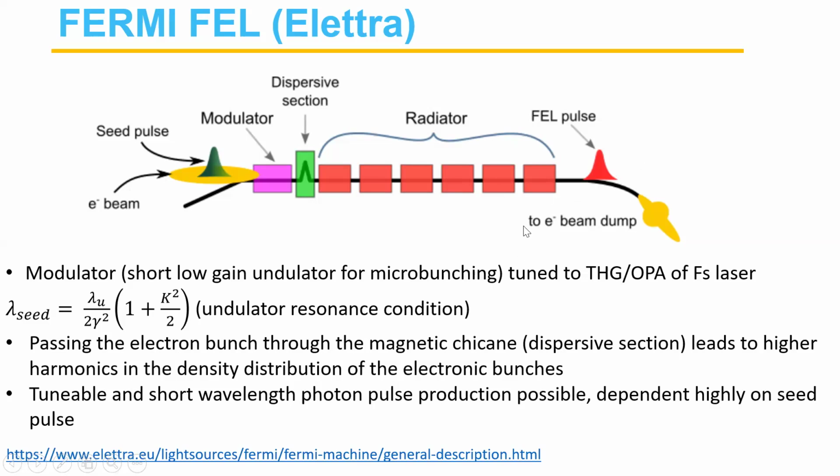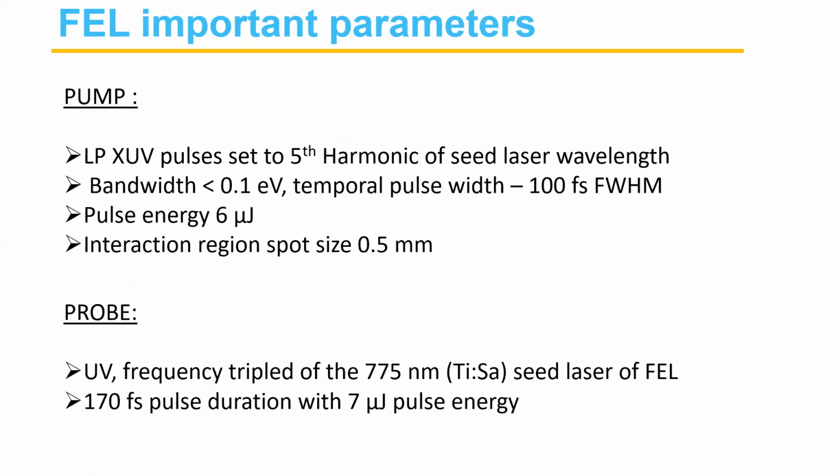The bandwidth is quite small, and it's dependent on the input seed laser. So for this particular experiment, these are the parameters which are used: you have a linearly polarized XUV pulse, which is set to the fifth harmonic of the seed laser with a pulse width of 100 femtoseconds and a very short bandwidth. And you have a pulse energy of around 6 microjoules, while the probe, which is a